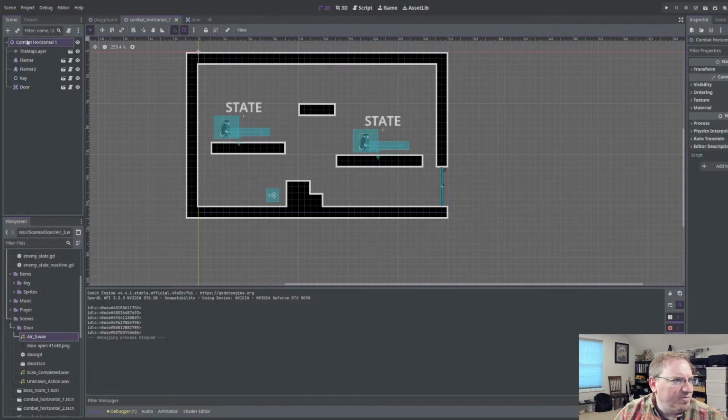So let's go into this room. Let's create a new add child node. So we want to add a node 2D. Normally you would think just want to add a node, because all we're going to do is create a quick script that's going to track this type of stuff. That's not what is going to be very useful to us, because